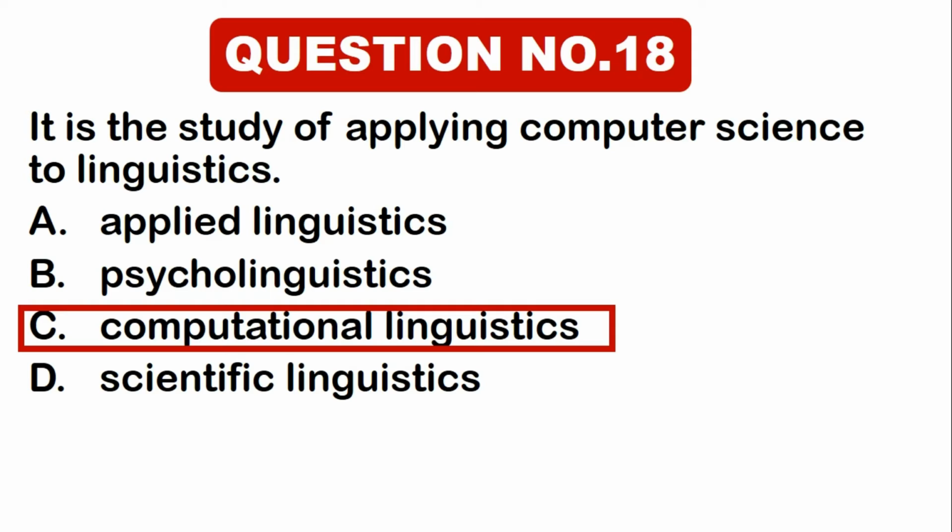Computational linguistics. Computational linguistics is the application of computer science to the analysis, synthesis, and comprehension of written and spoken language. And mind you, computational linguistics is not a new field. It sounds new, but it's not new actually. It's not a new field. As early as 1946, that early, attempts have been made to use computers to process natural language.